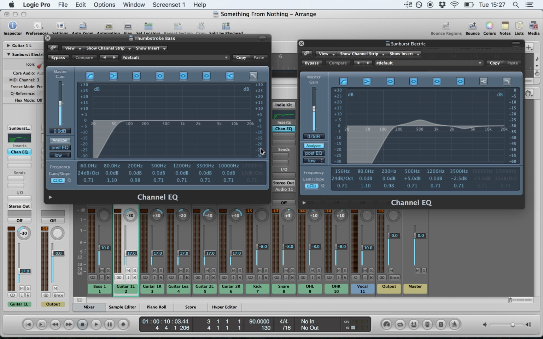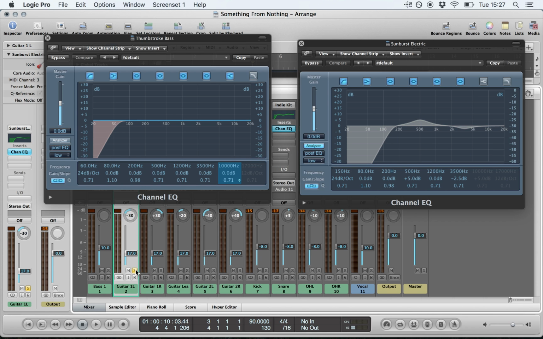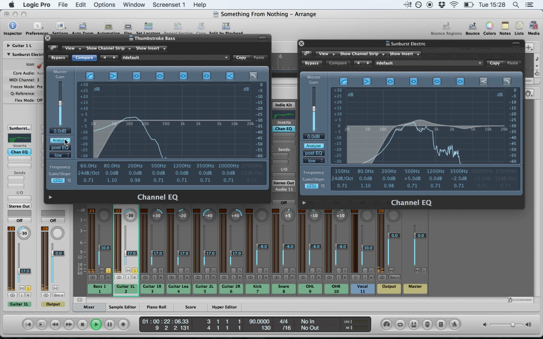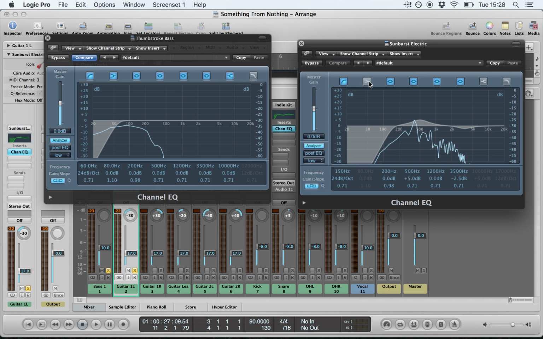So if we listen to the guitar part and watch it, these lower end frequencies are those that perhaps we don't want to get in the way of the bass guitar, which are a lot more prominent. So an application of a high pass filter to control those low frequencies.